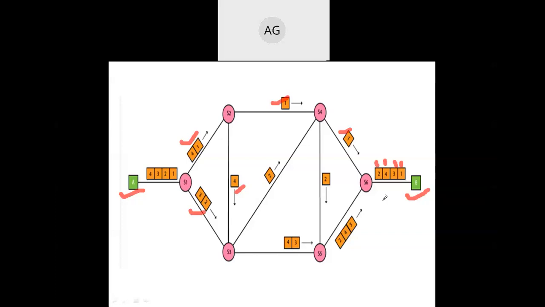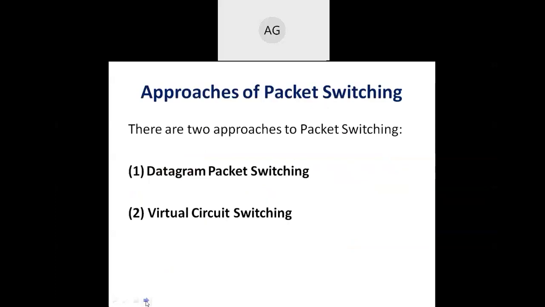This is the whole working process of packet switching, and this concept has been applied in the case of the internet. Our message is divided into small packets, and these packets are given numbers, and at the receiver's end, the receiver will arrange these packets according to the number given. So moving to the next slide.